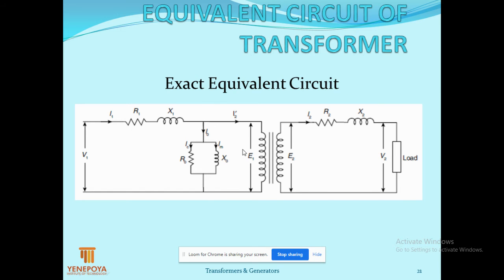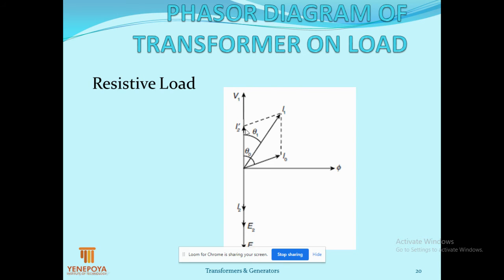Now, since it is a resistive load, current and voltage are in phase. The currents on the secondary are I2 and the voltage V2 or E2. Here V2 is not shown separately; assume that E2 is equal to V2. So I2 and E2 are in phase. Hence E1 and E2 will be here, then you mark I2 in phase with E2.